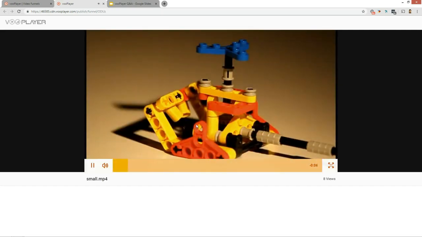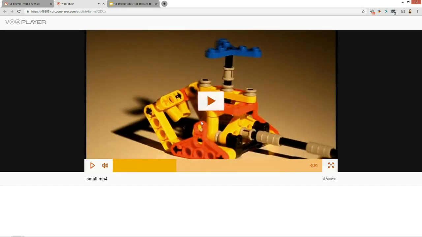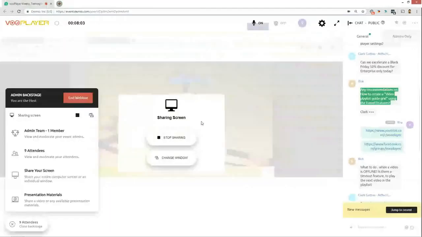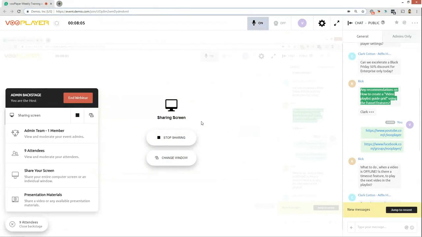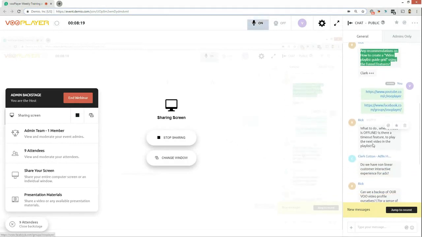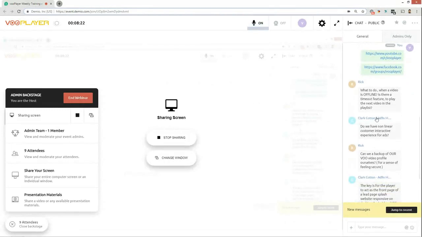So at the end here we have which do you want to watch next, either the first one or the second one. So if I selected the first one, that would take me to that other video. So hopefully that's making sense, and I hope that answered the question on how to possibly utilize the funnels. They're not necessarily aimed at creating a playlist, but you could create a sort of gridded experience like that for having the user select which video they want to watch next.